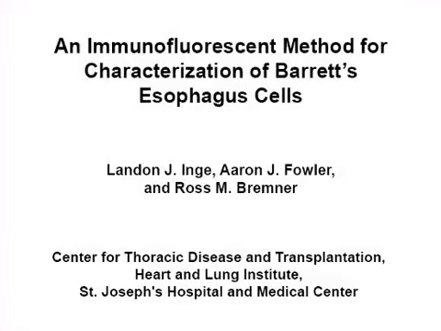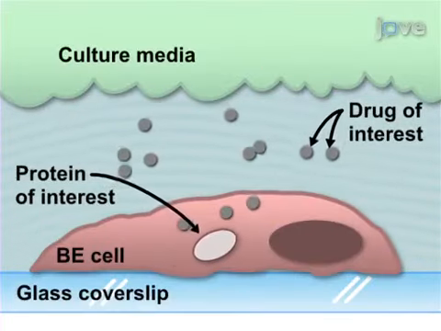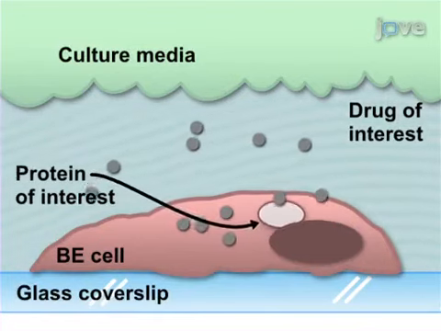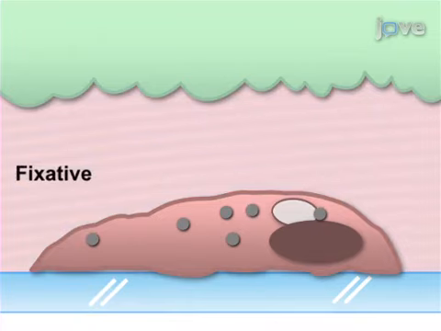The overall goal of the following experiment is to assess the effects of drug treatment upon cell structure and protein localization in BE cells. This is achieved by incubating the BE cells grown onto the glass cover slips with a chosen drug in standard cell culture conditions. As a second step, incubate the treated BE cells with a fixative which preserves protein structure and